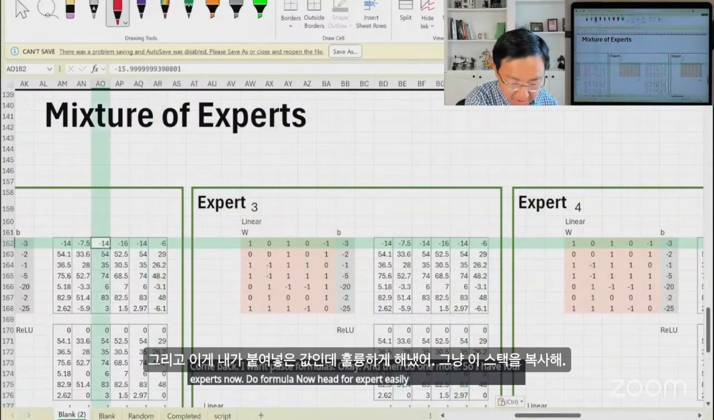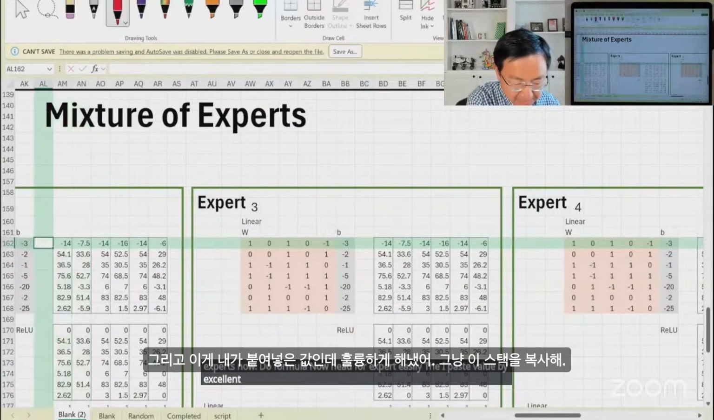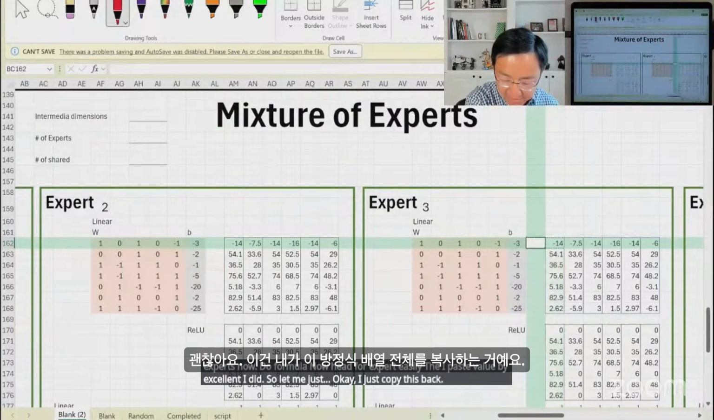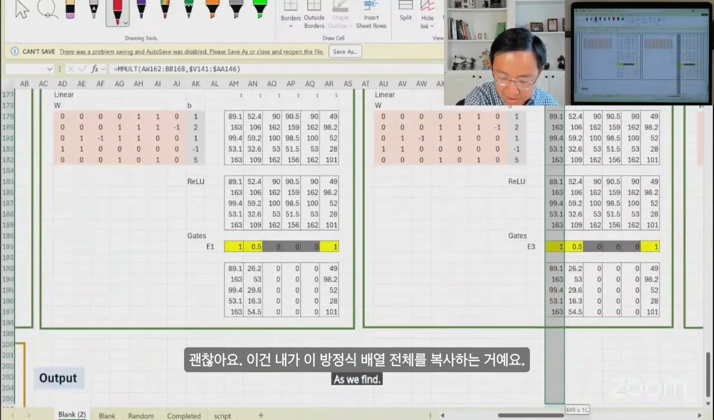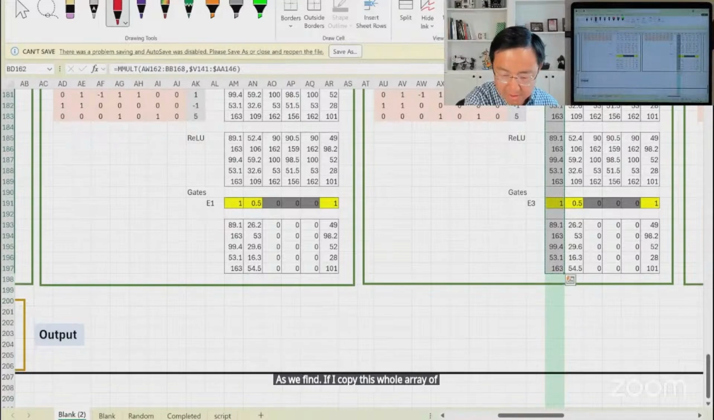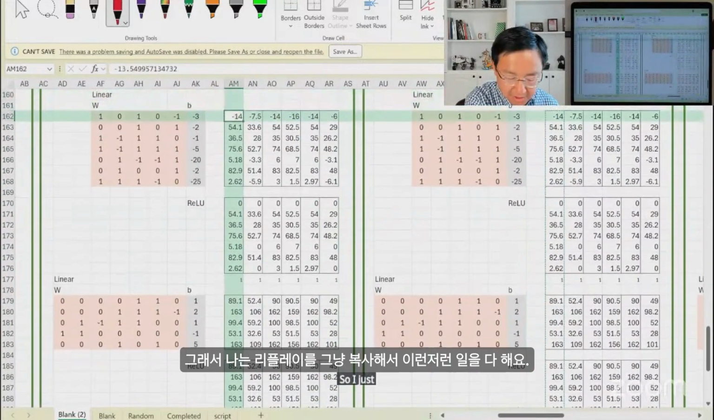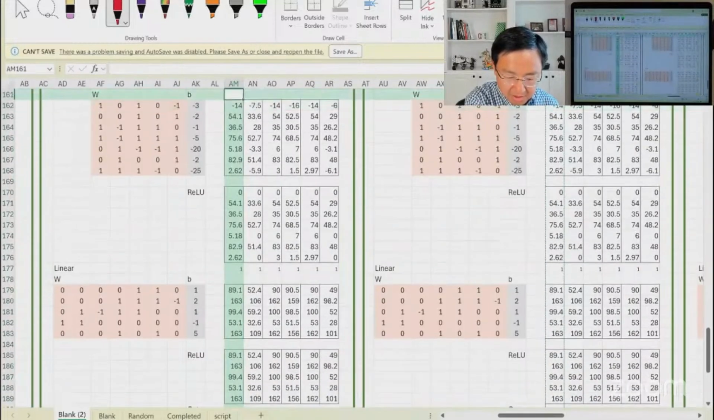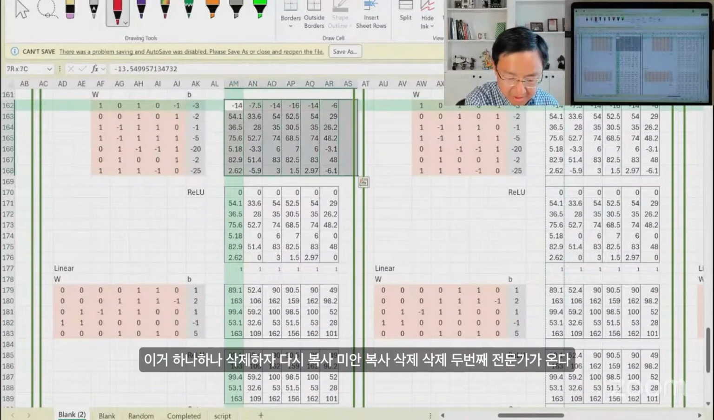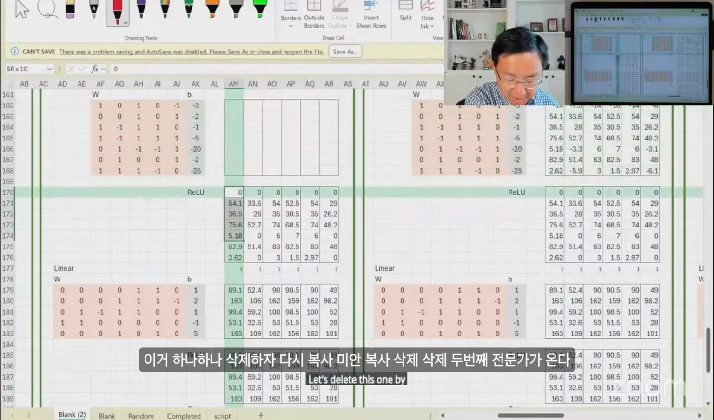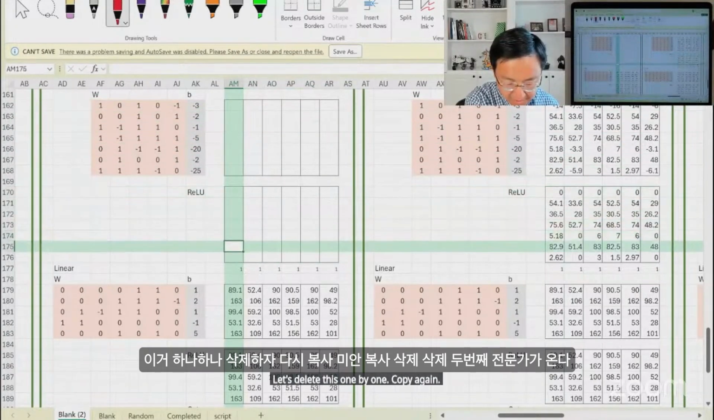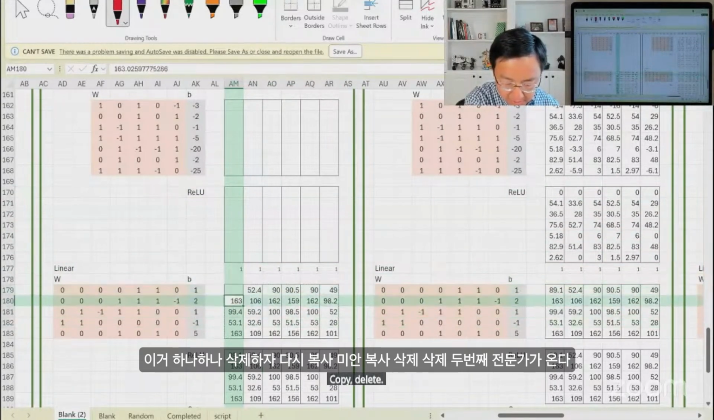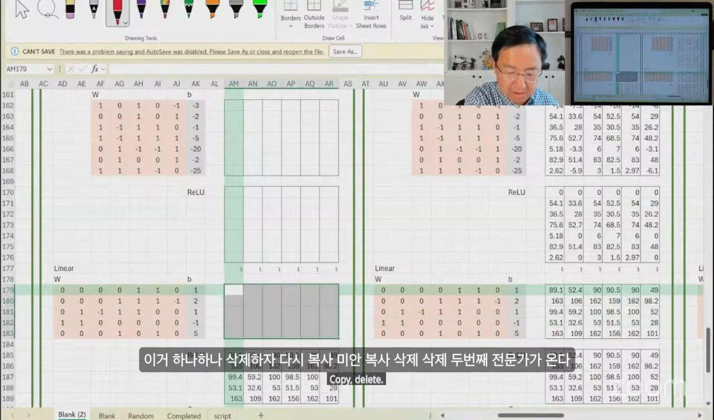Did I paste value by accident? I did. So let me just, okay, I just copy this back. That should be fine. This is if I copy this whole array of equations. So I just copy to replace this and delete all this. Let's delete this one by one. Copy again. Sorry. Copy, delete, delete. My second expert is kind of messed up,